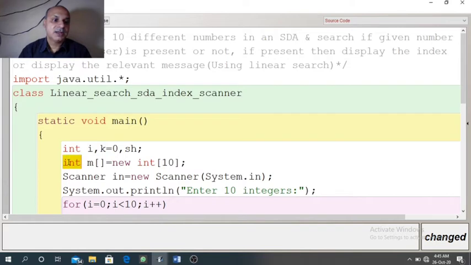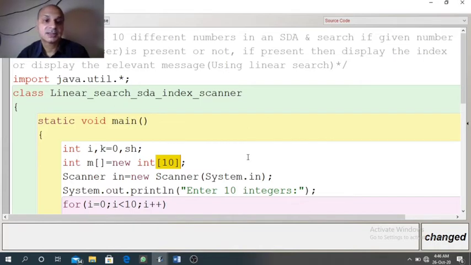For declaration of array, data type, that is int, name of the array is m, then a pair of big brackets represents that it is a SDA, single dimensional array, equal to new keyword, same data type again, and in big brackets we need to mention the size.